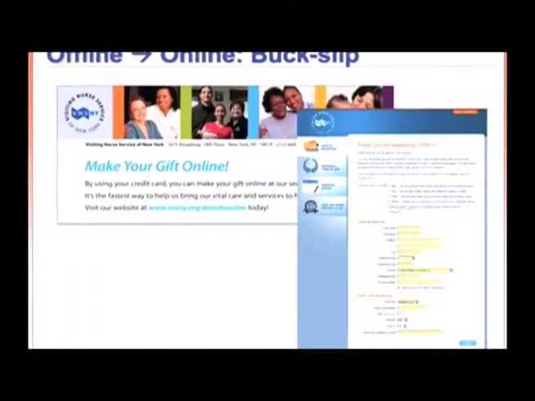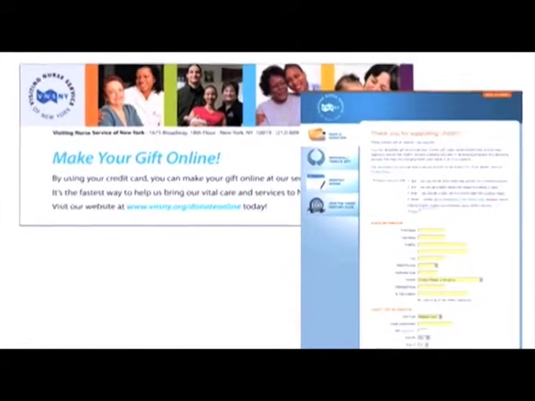In terms of a buck slip, this is for Visiting Nurse Service of New York. This is something that's in the appeal. The buck slip is the piece in the upper left-hand corner that gets included in the appeal, and the donation form is on the lower right, basically just driving people online. And when somebody types in /donate online, we can track it